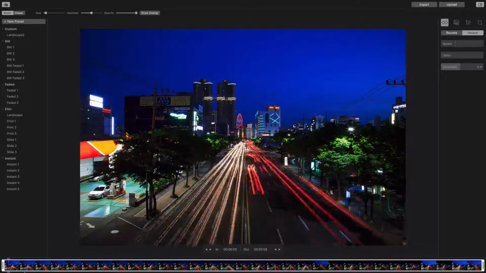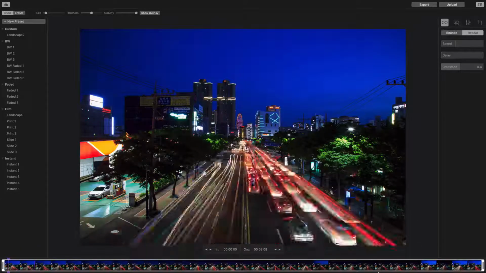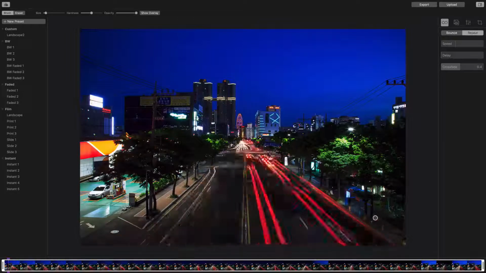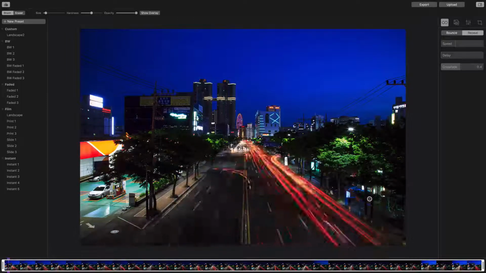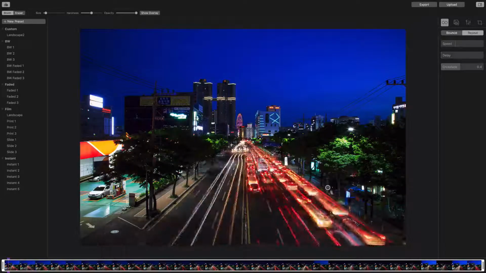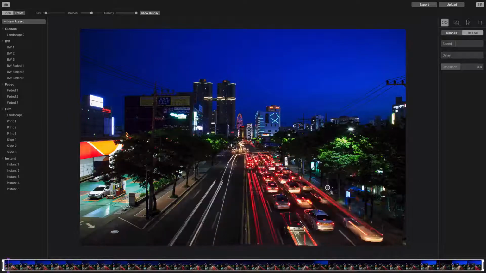We can jump down and bring that into Cinemagraph Pro as well, and I'll show you basically how to edit that. So I'm just going to export this one, and we'll see how it goes. So let's just export this,